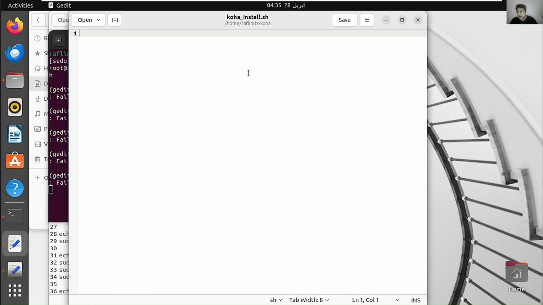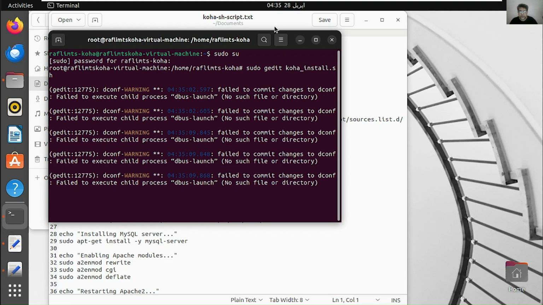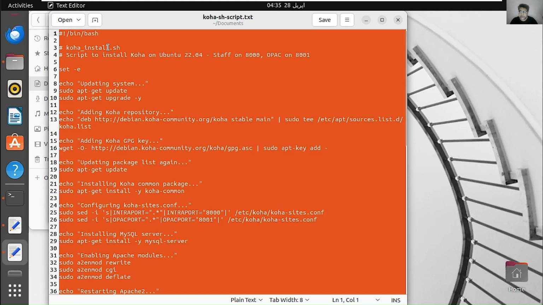Here's the blank file, and we need to copy this whole script and paste it here.